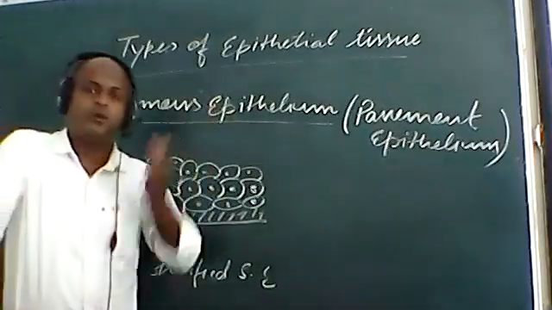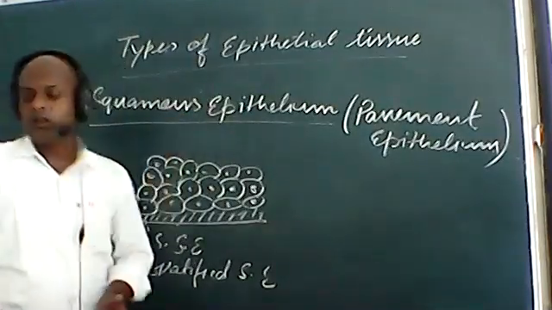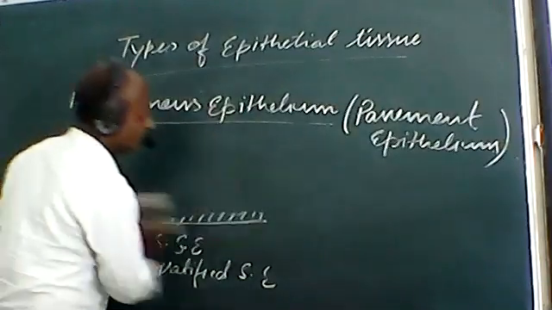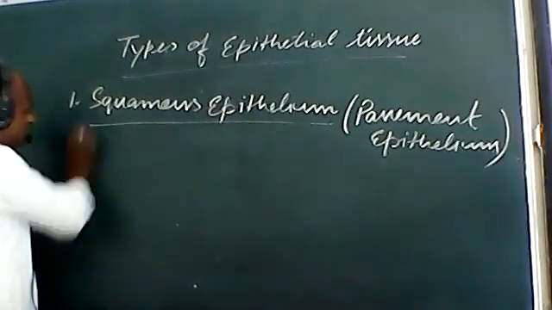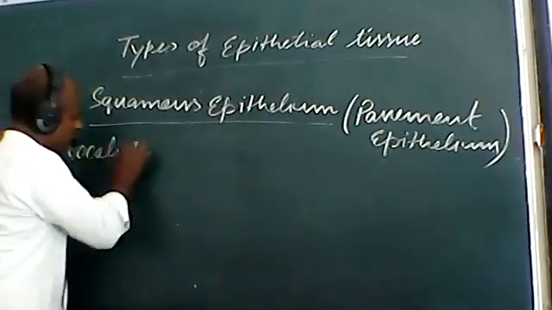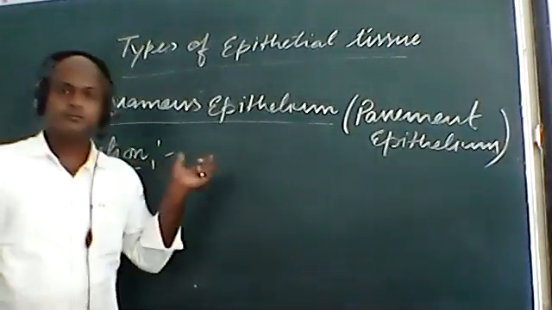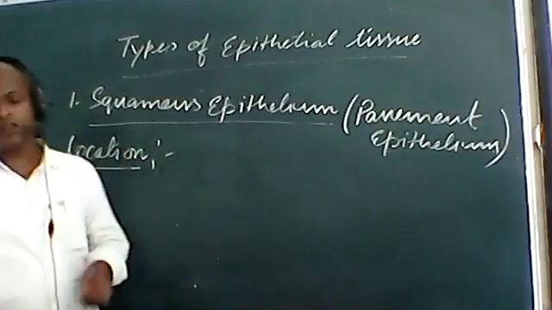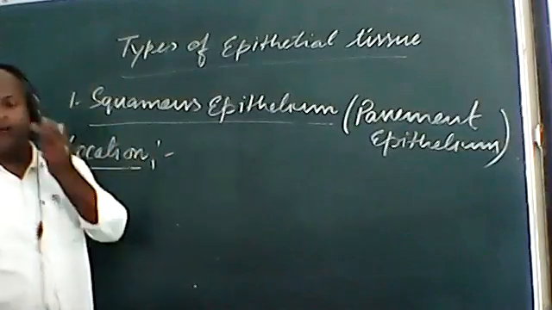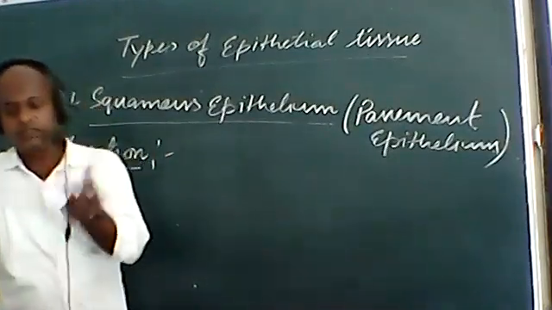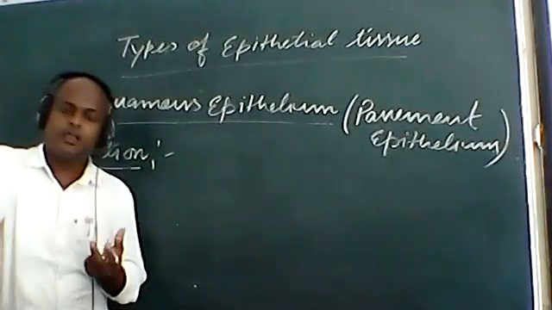Now we should know about the location where there is presence of squamous epithelium tissue in our body. We should study about the location. Note it down heading-wise. It will be easy for you and me also to send the notes. Location. If you see the location of this squamous epithelium tissue, then they are found in the lining of nose, in the pericardial cavity, blood vessels, lungs, alveoli, and so on.